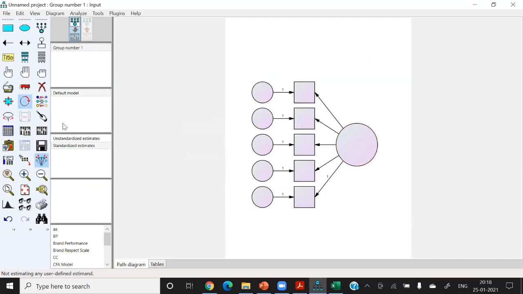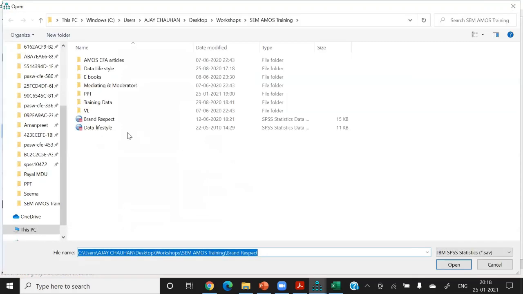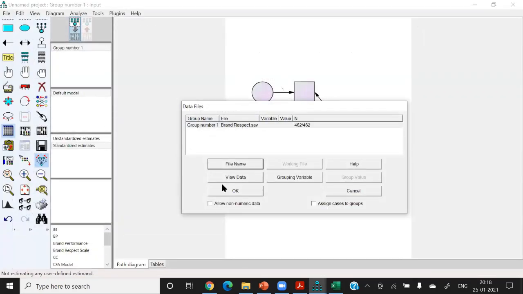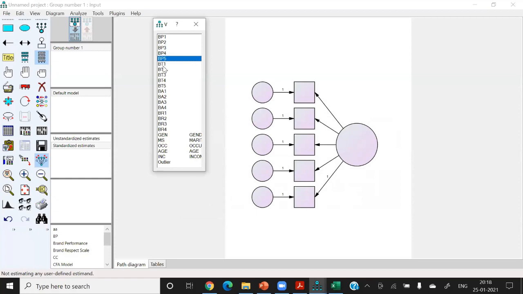Attach the file. You can attach the file from here, and the file is this. After attaching the file, you can see the variables here. So I'm running the brand trust.